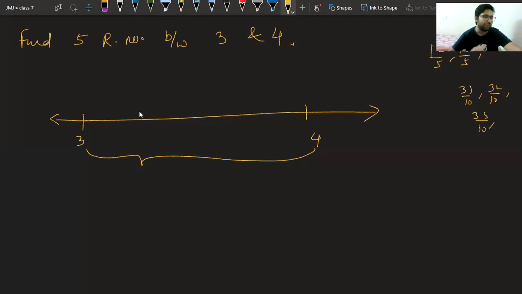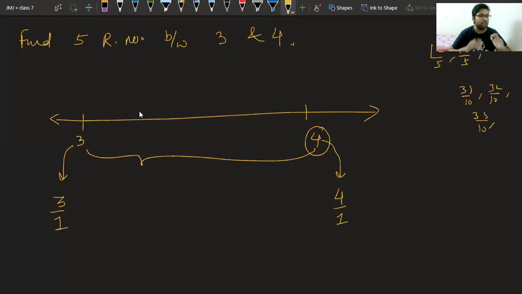Yes, beta, the decimal way will give you the same answer, but this method is simple and will complete any question. This method that I am explaining to you is like Brahmastra. It will solve any question. Now see, the first thing is I will write this as a rational number. I can write 3 as 3 upon 1. Similarly, I can write 4 as 4 upon 1.